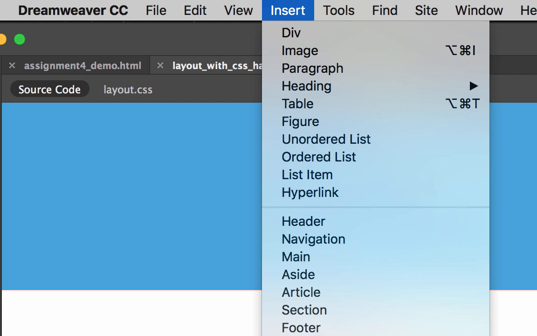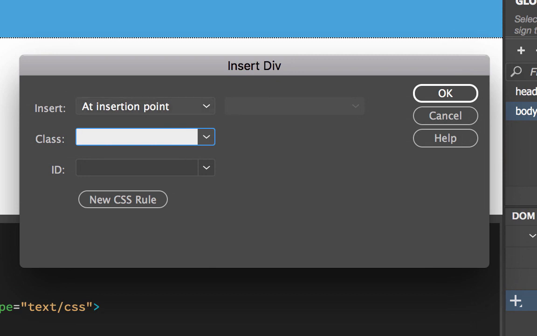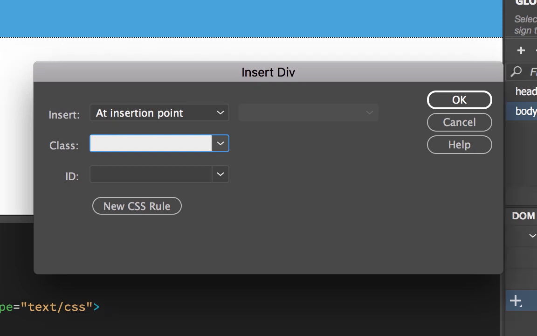I go up to Insert and click Div. Now Dreamweaver asks me where do I want to insert it. It's going to be at my insertion point, which means wherever my cursor is. And in this case, I'm going to give this a class. Now classes and IDs are ways to assign selective names to my page elements, including divs, so that I can assign very specific styles to them that no other page elements will have. The div that I'm about to add is like an inner content area within my header. So I'm going to assign it a class that simply says